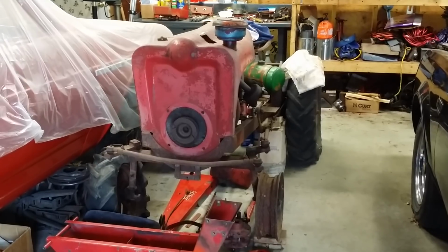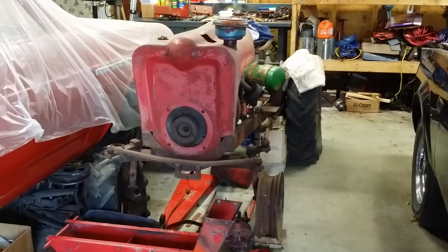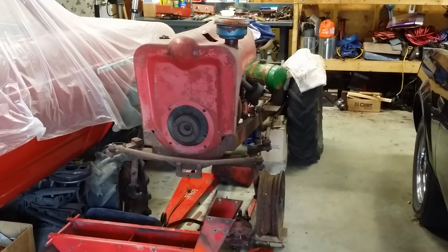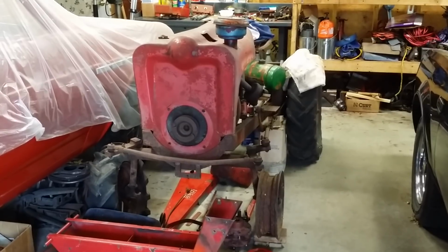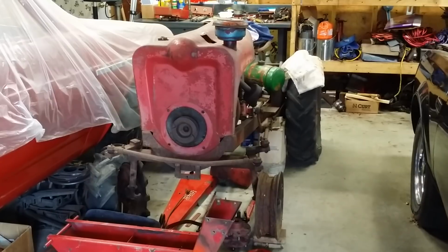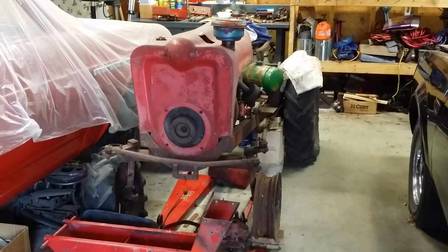I have kind of, in my mind, delayed the start of the project only because I really need to go over the entire tractor front to back, give you a total overview of exactly what is entailed in the restoration prior to starting the restoration. I also want to get my new computer and my editing software. That way I can edit the videos in such a way that keep them interesting,